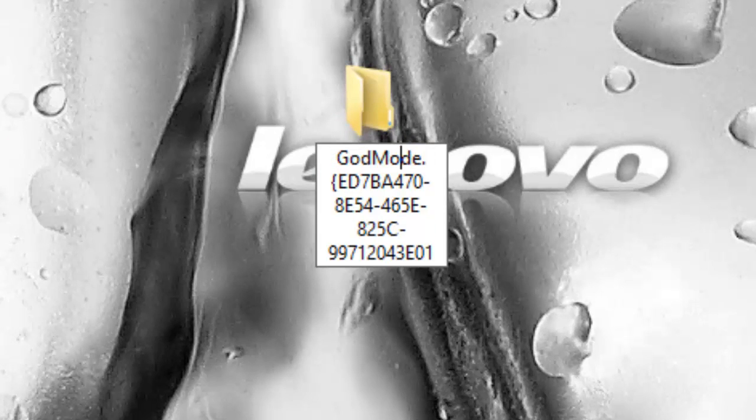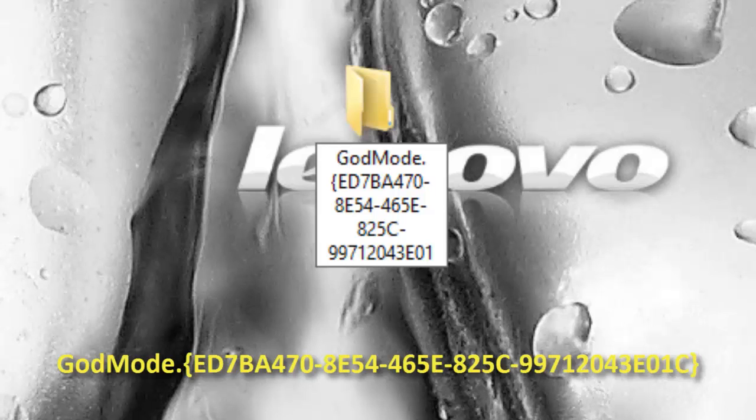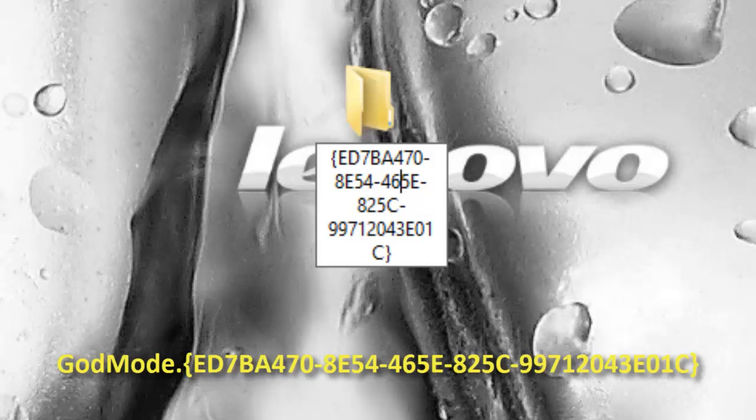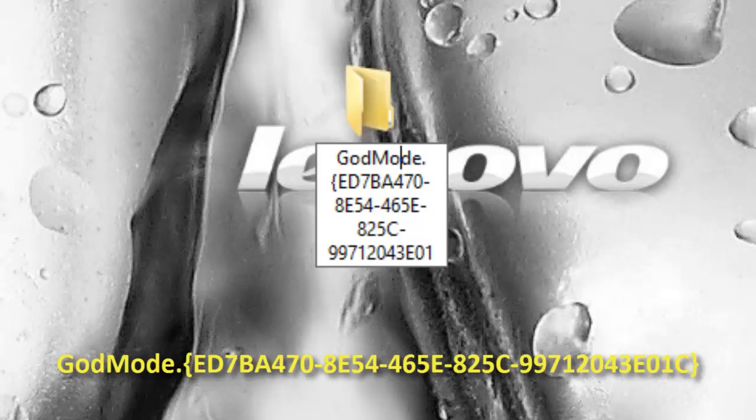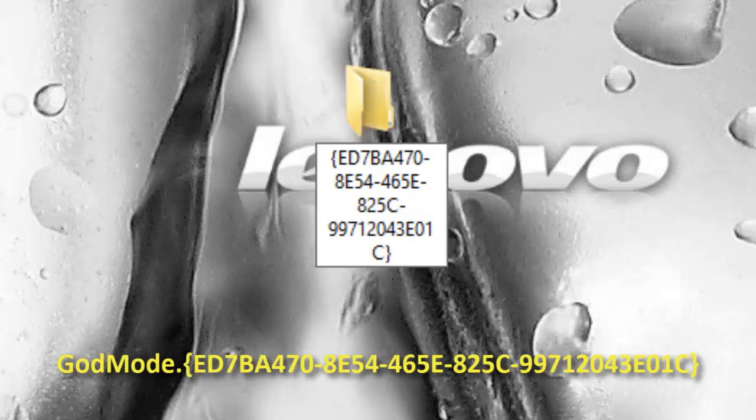But basically, you have to type this word for word. So it's GodMode, capital G, capital M, no space, full stop. Then it's a curly brace, curly brackets, and then ED7BA. You get the feeling for it. This whole word here has to be copied word for word. I'll put a copy of this on my computer and console website, so you can copy and paste it if you like. But have a good look at that. Pause the video if you want to copy it. But just remember it goes on at the top here, GodMode dot, and close it with a curly brace,